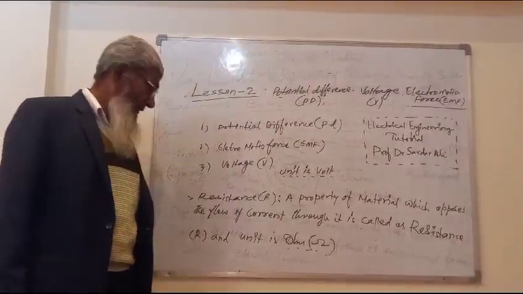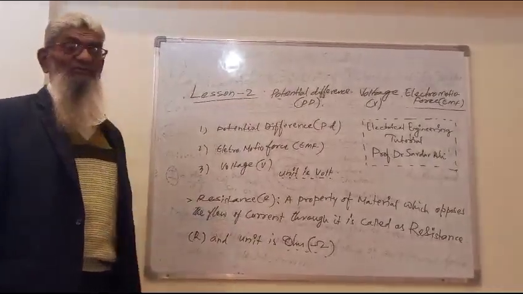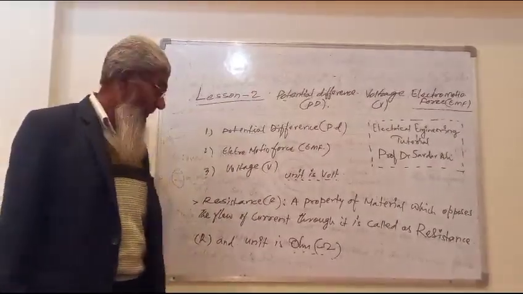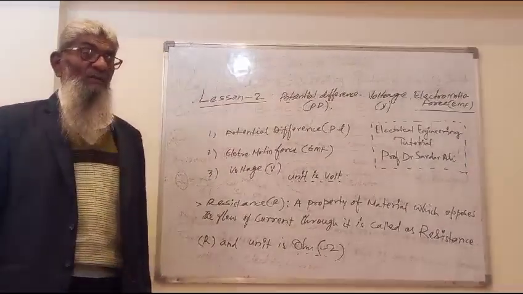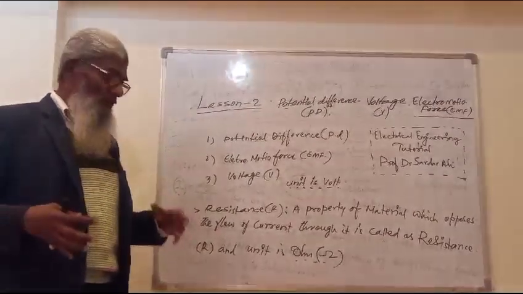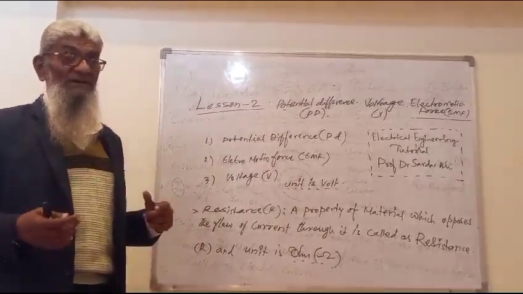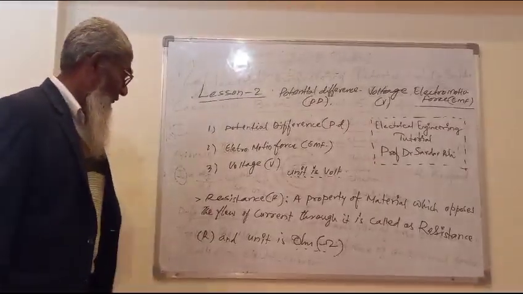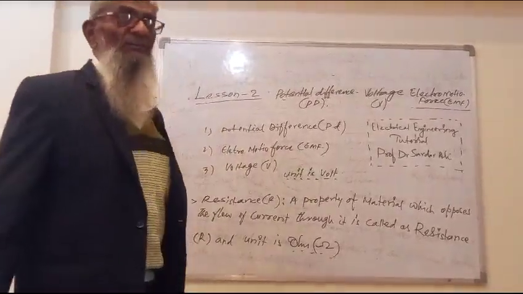Symbol will be capital R and its unit is ohm. Why? Because Ohm is also one more scientist who discovered this opposition property of the material, so it is named after him only as ohm. So for understanding the resistance, a practical understanding is, you take your bike. The main source is its petrol, and the motion will be the same as the current. Road obstruction will be its resistance. So for remembering you. So anything will be depending upon, anything will be